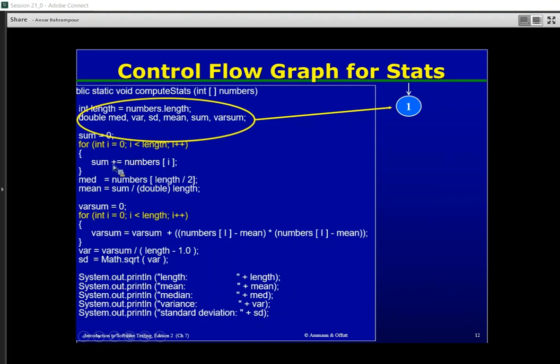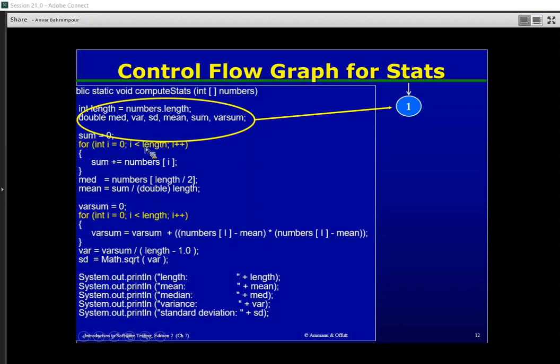In the first location we have these three statements. Then we should go to the for structure. As you know, in a for structure, an index I should be defined and initialized first of all. Then I should be compared with length. If I is less than length, we go into the for structure, and we should execute all statements in the for structure. Then we should increment the index of the for loop and go back to